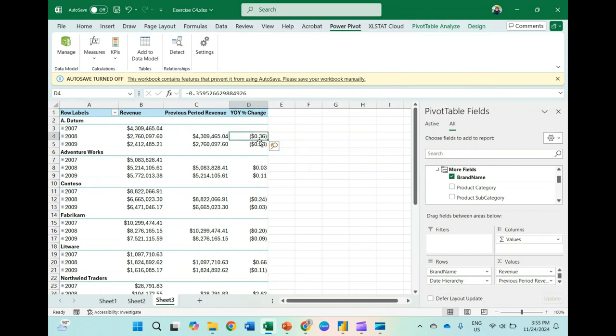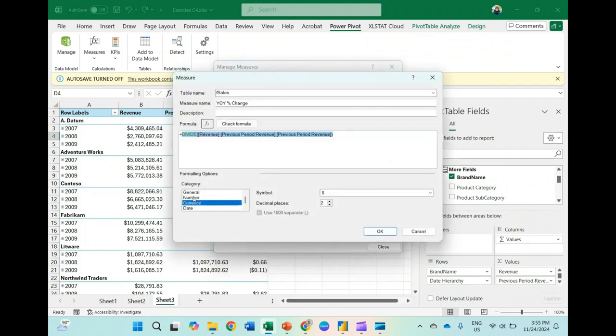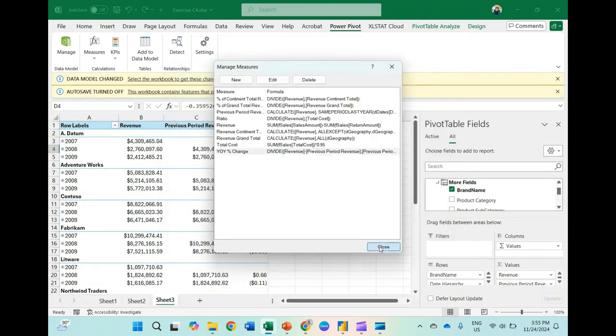Oh, I think I put the formatting wrong. It's okay. You can go to the measure and manage measure. You can see a lot of measures here. Click year over year change and edit. It should not be currency because it should be a percentage. Click OK and close.